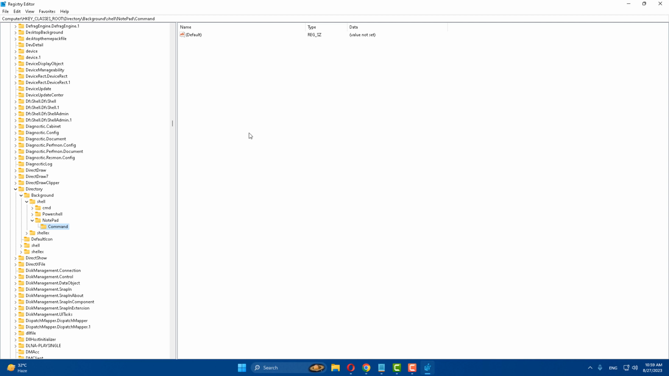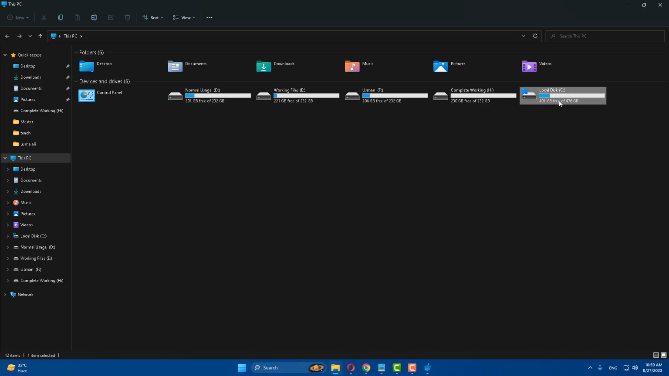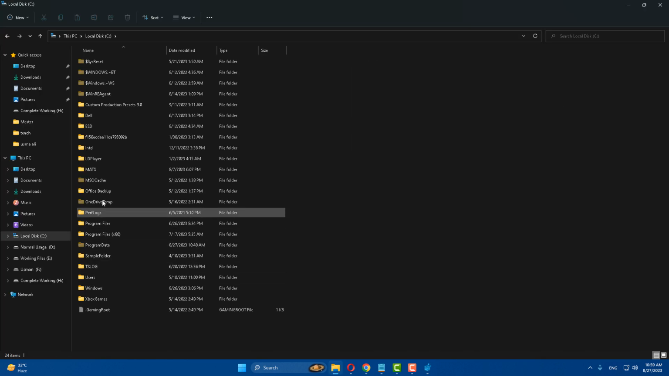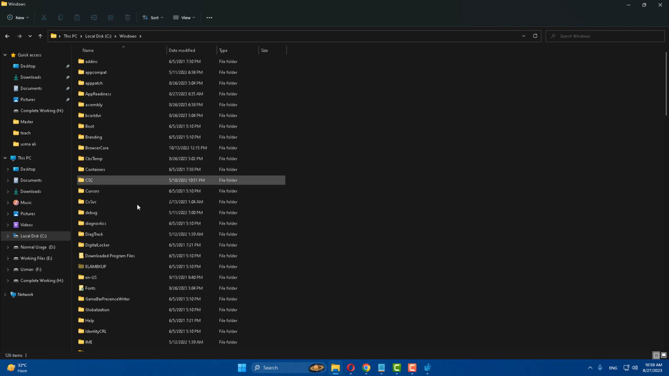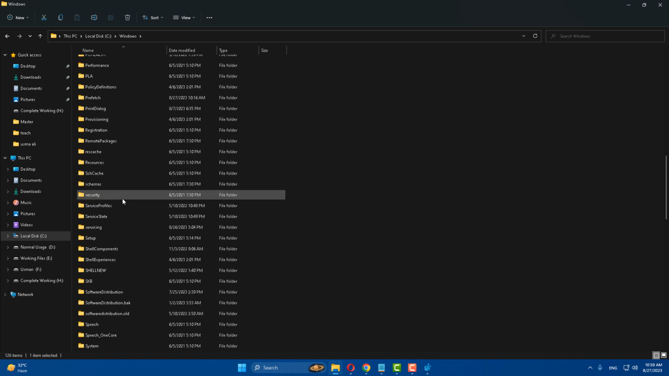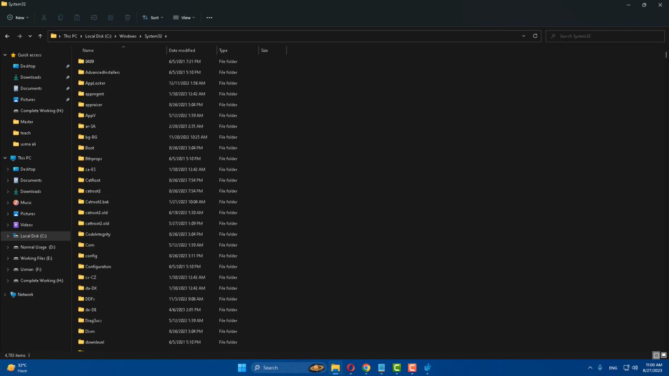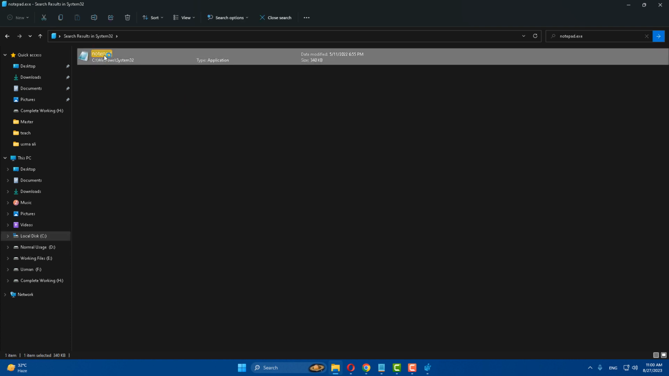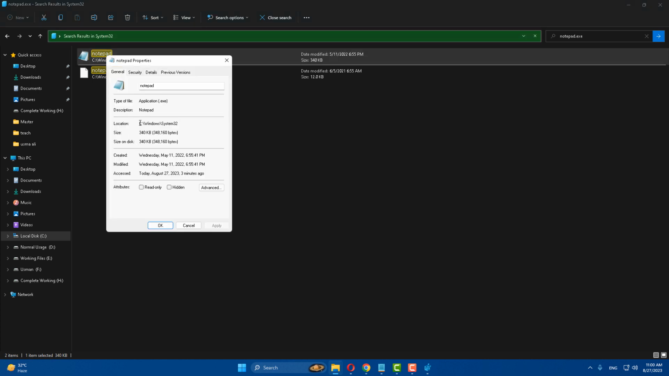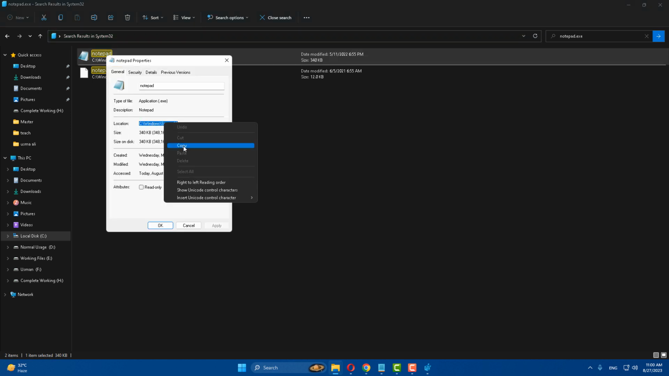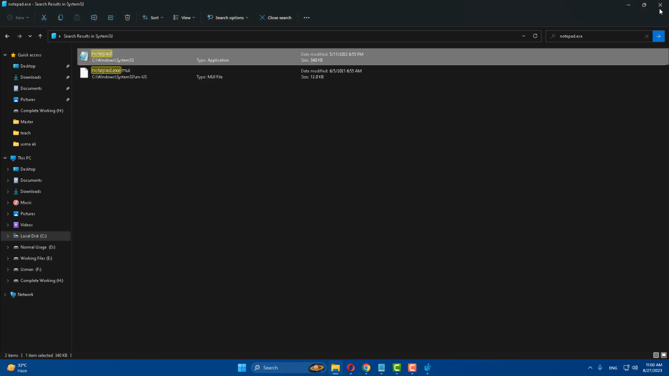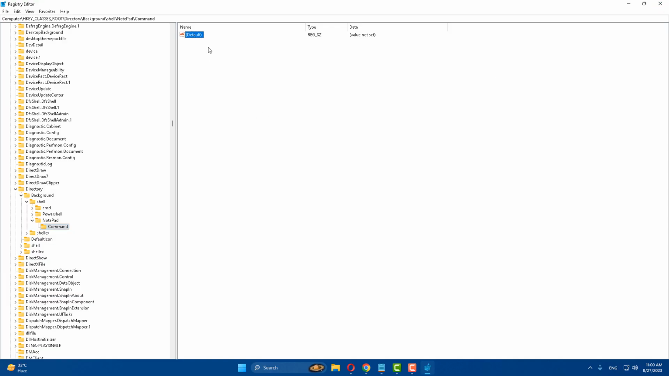After doing this, go to your File Explorer, C drive, Windows, System32, and right click, go to your properties and copy the location and close it. Now select Default and open it and paste the value